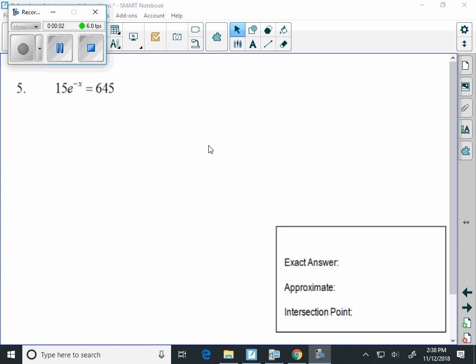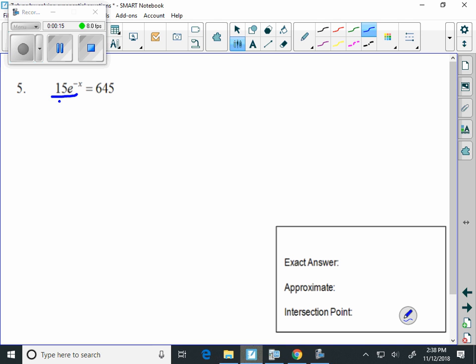This is problem number 5 from Solving Exponential Equations Practice. And what we're trying to do is solve for x, and in order to solve for x, the first thing that we have to do is isolate. So we're going to divide both sides by 15. And when we do,